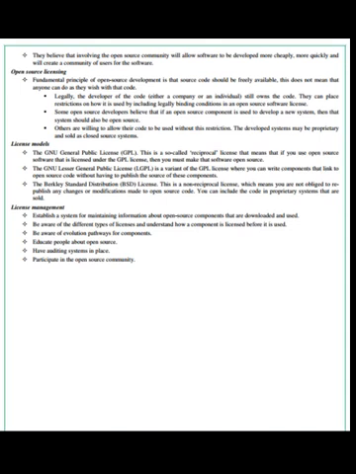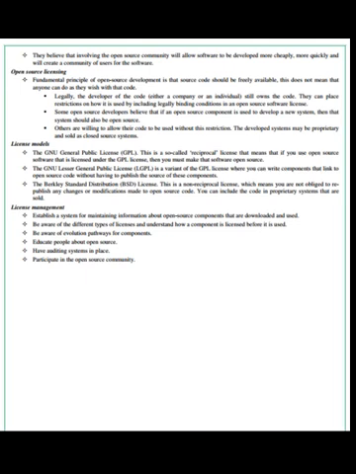The Berkeley Standard Distribution, BSD license, is a non-reciprocal license, which means you are not obliged to republish any changes or modifications made to open source code. You can include the code in proprietary systems that are sold.